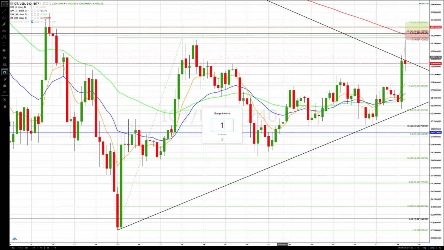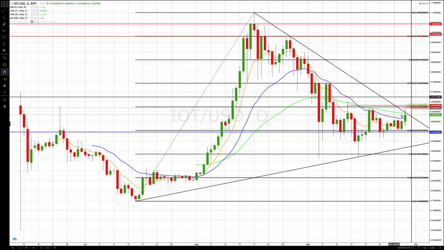Let's take a look at the daily chart of IOTA. You can see where all that rides. At least we're above the rotation zone now. We're stalling out just below this trend line and the 50. And we have a 0.5 key Gann level right in the middle from this big retracement move. Once we get above that clear path on the 4 hour, then we're into a nice long clear path on the daily,